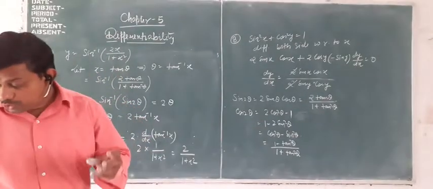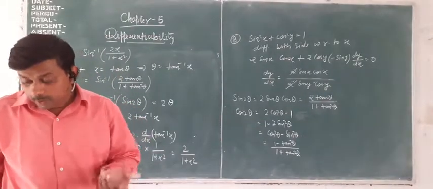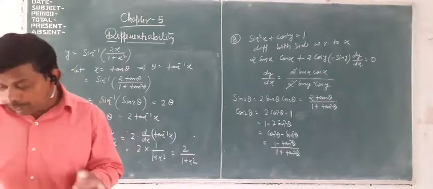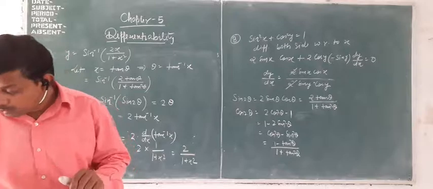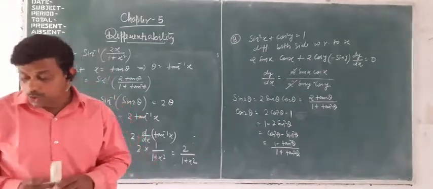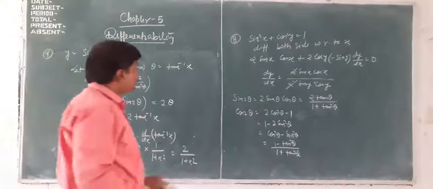Similarly, question number 10 is the formula for tan 3 theta. Question numbers 11 and 12 are both about the same question. So out of 11 and 12, we will discuss one question. Question number 11, y equal to